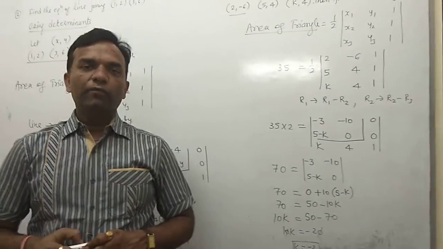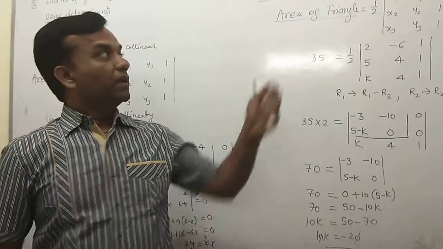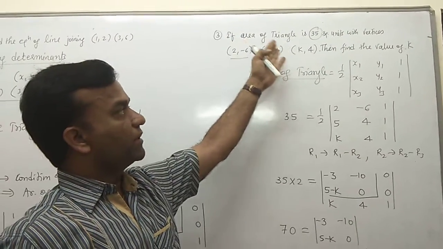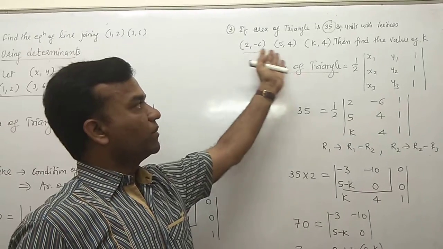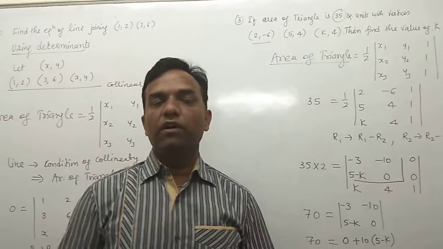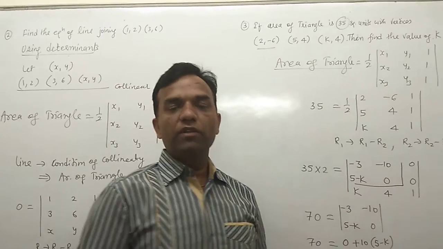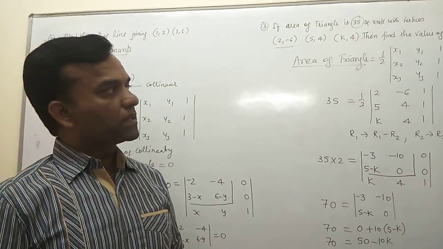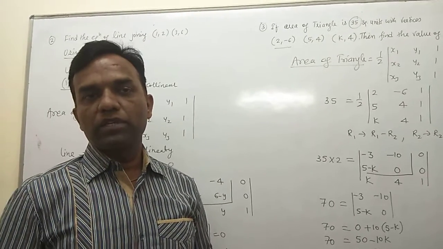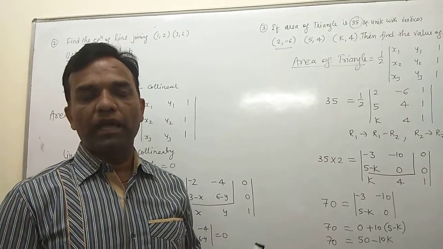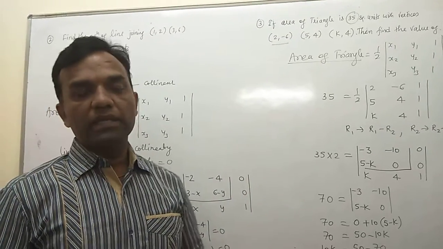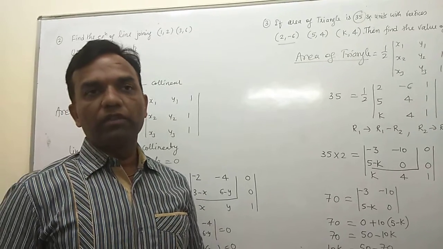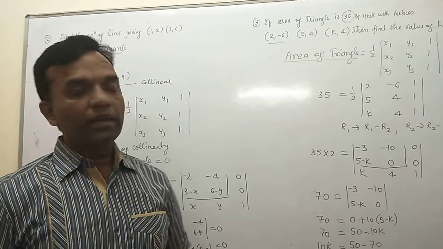You also have a different variety of questions. It may be a question on collinearity. Suppose the area is not given, only a condition is given, like these points are collinear and you find the value of k. Then there is no change in formula, you use the same concept. Okay, here we include two topics: first you evaluate the determinant with the help of properties, and second topic is area of triangle. You use the concept of determinant and again you find the area of triangle, and same.